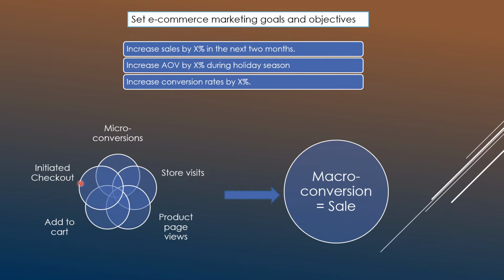This is important because if you want to increase your conversion rate, you need to know the exact e-commerce funnel and then choose the area where you are lagging the most. So let's say you are getting a lot of store visits, but there are very few people adding the product to the cart, then you know where the issue is. So that's how you can start improving. So that's the main step in terms of getting started, which is setting proper e-commerce marketing goals and objectives.